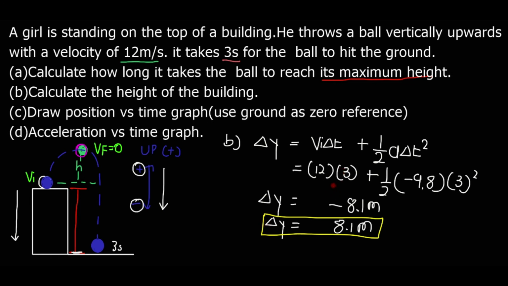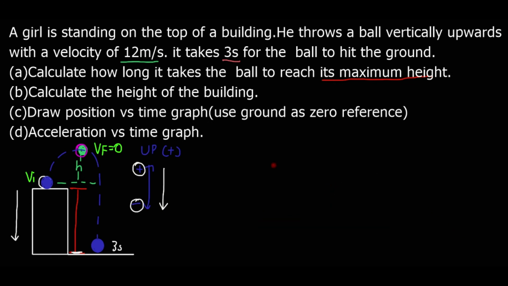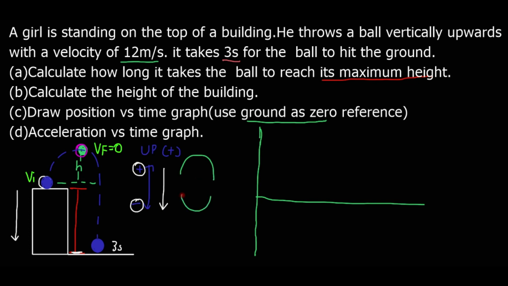And then our part C. Here draw a position versus time graph. Use ground as zero reference. And then remember, upward is positive. If upward is positive, this means the graph has this shape. And if downwards is positive, this means the graph has this shape. So we choose upward as positive. And remember this object